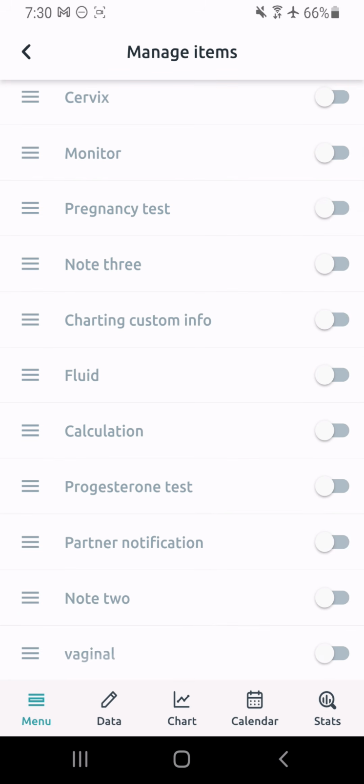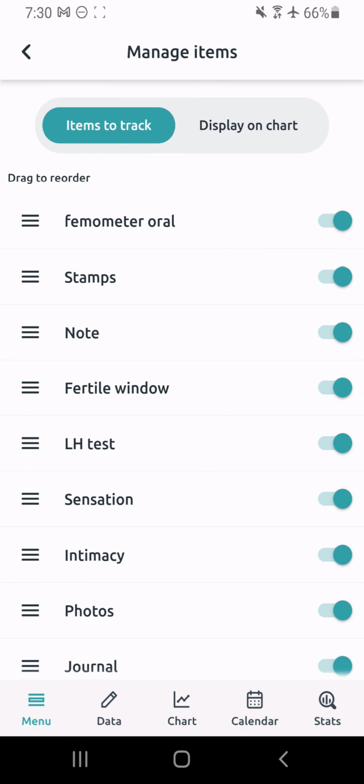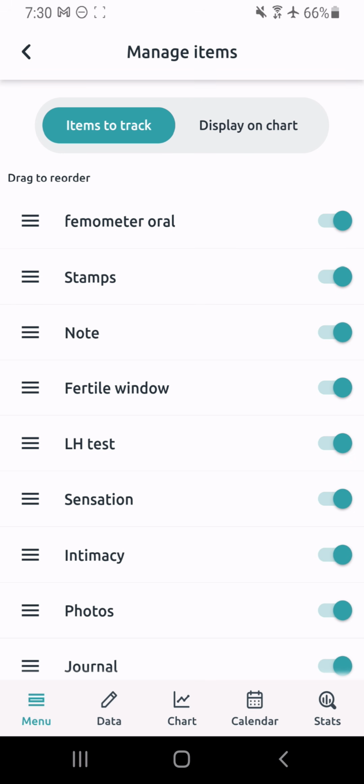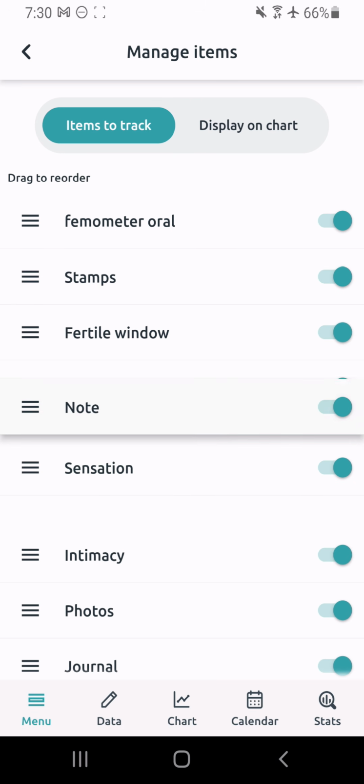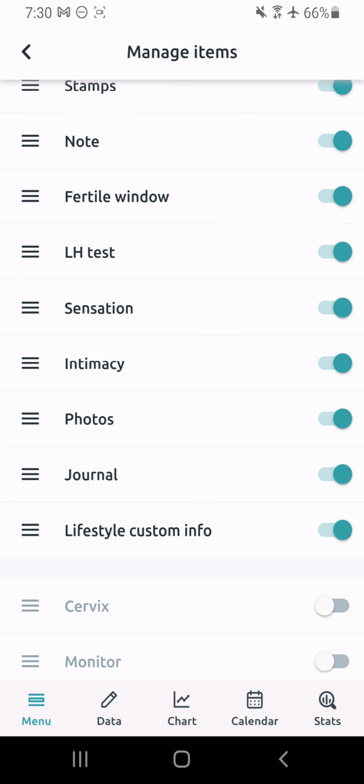So I want you to scroll down, find where it says stamps, it might be in gray, and you're going to toggle that on. Then you're going to press and hold stamps, and drag it up to the top. Below that, you want to have note. Below that, you want to drag fertile window, then LH testing, then sensation, then intimacy, then photos, then journal, and